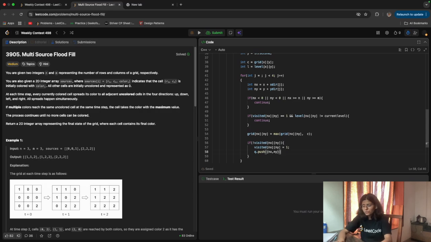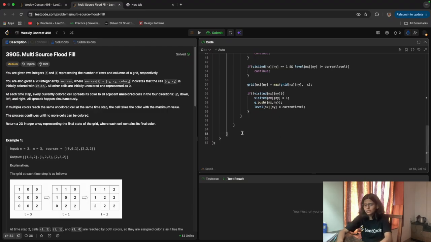The level of new x and new y, as it is unvisited the first time, I will assign the level that time only, so the level will be the current level. Okay, so likewise we will solve it and we will return the colored grid.